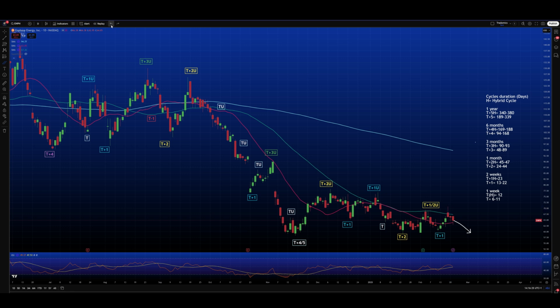And I always put the arrows towards the higher likelihood that the price will follow that pathway. So considering that here we have already a positive cycle, because this top here on the 19th of February was higher compared to the top of the 5th of February. And if you gauge the total duration, you will see that this is a weekly cycle because we have 9 days. Then the expectation for the next week is to return back to the absolute lows here over the short term